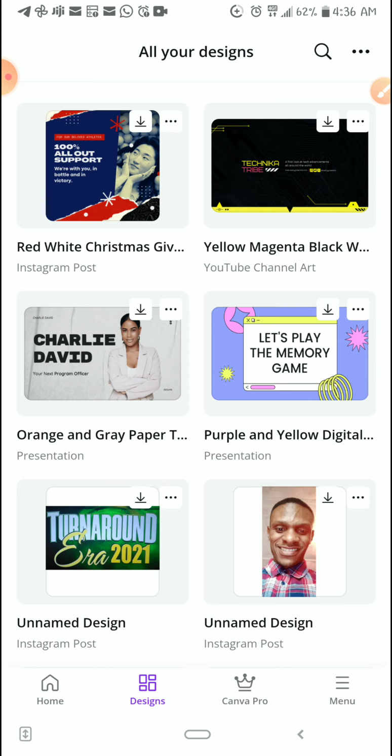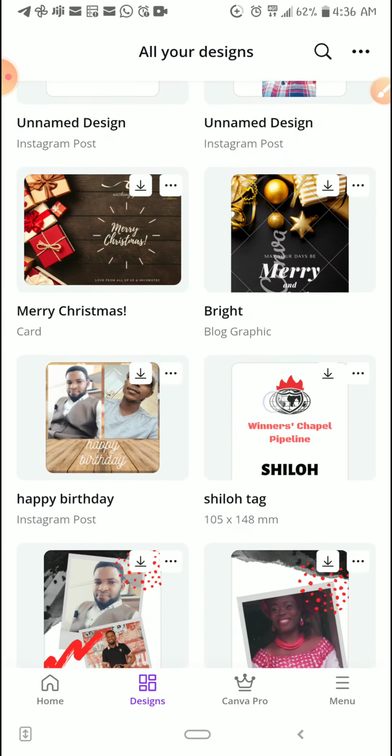So at the bottom of the app, you can see a couple of buttons like your own button, design button, Canva Pro button, and menu button. The design button is where all the jobs you've worked on